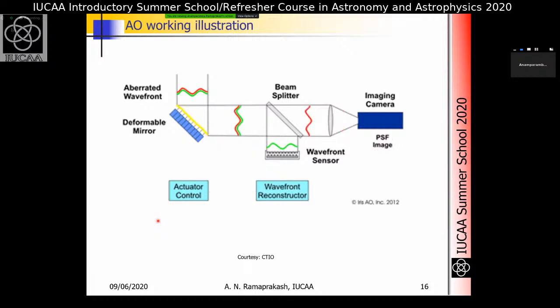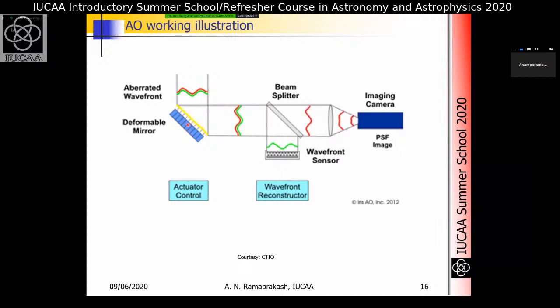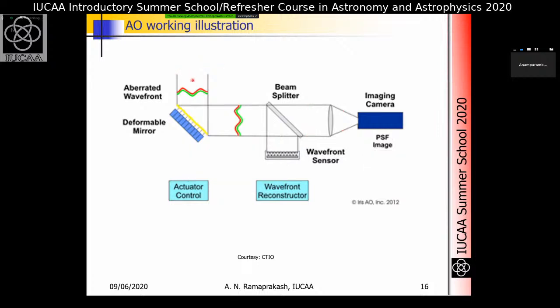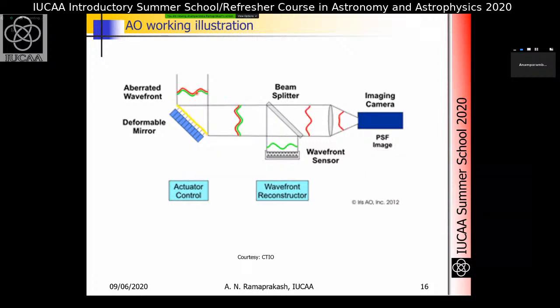So how do we overcome this limitation? That is what is illustrated in this example here. So think of a telescope which is sending a beam into its focal plane. So the telescope is up there somewhere here. Above that is atmosphere. Light is coming from infinitely far away and falling on this telescope and transmitting through it into its focal plane. Now imagine you are looking at a star, light from which is indicated by this